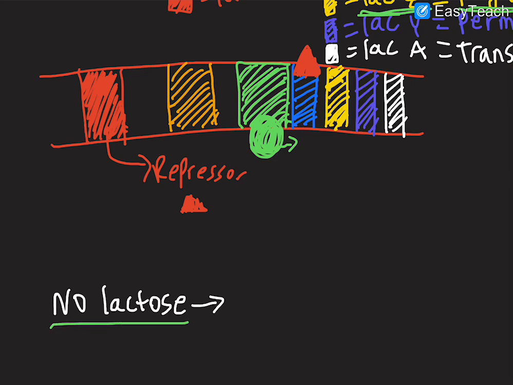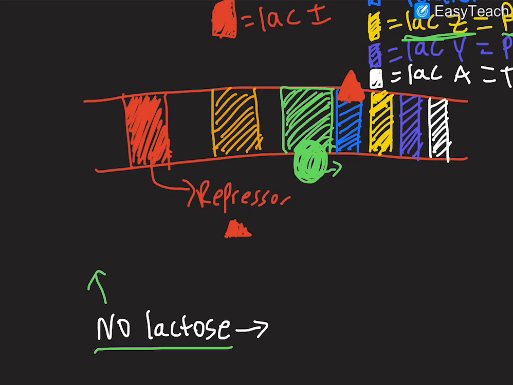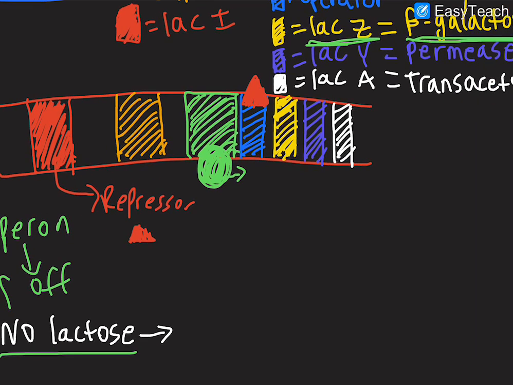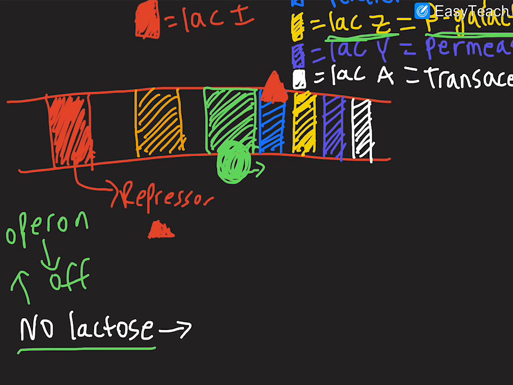So if you don't have lactose, just by making sense of it, you can say, okay, well, the Lac Operon will be off. We're not going to have any expression of it. But if we actually look in detail at why, if